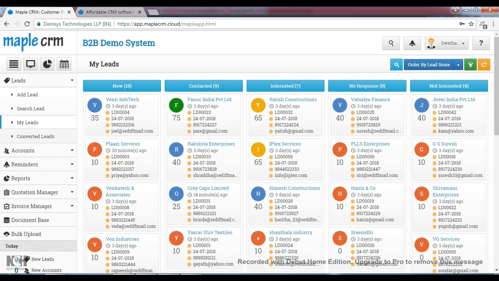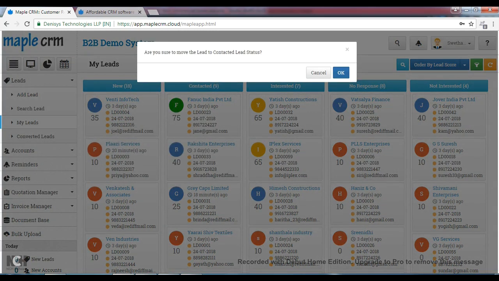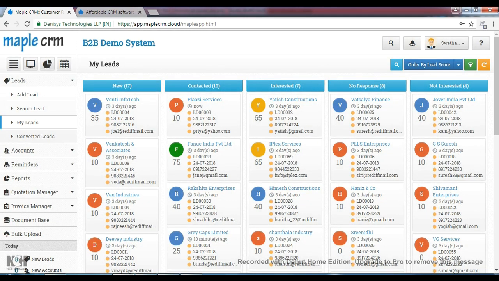Here, under My Leads, all the leads are listed based on stages. These leads can be dragged and dropped from one stage to another. The My Leads view can be configured as per the user's interest. As every user may have different priorities or different target audience, this feature lets each user configure their own